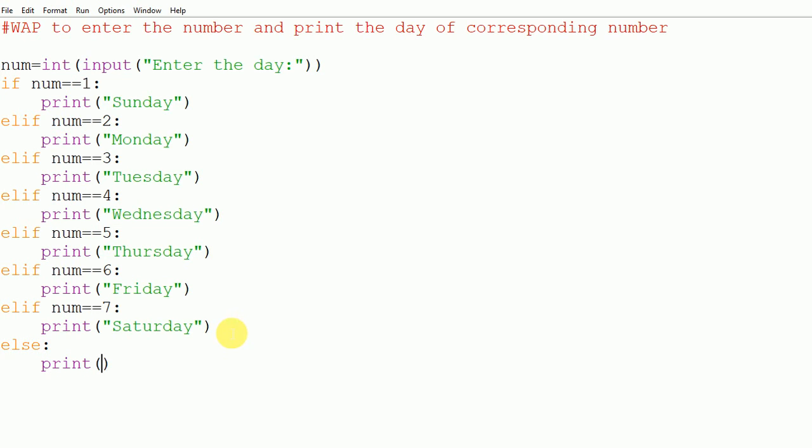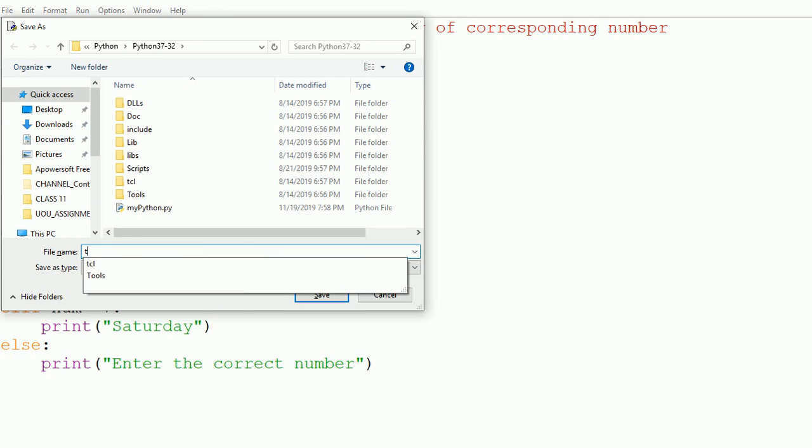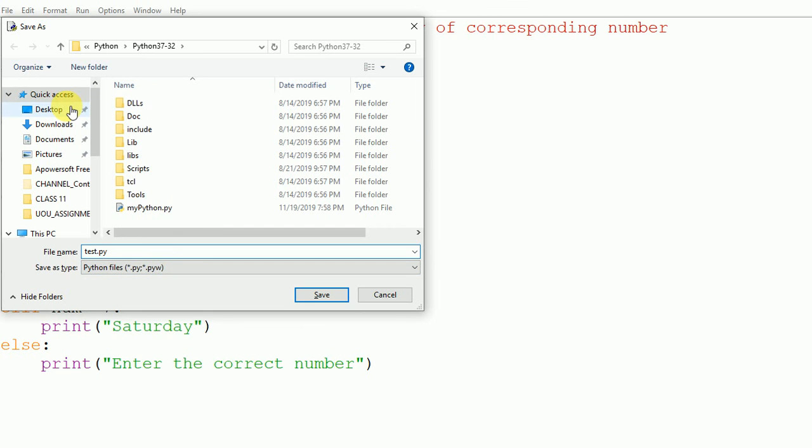आप else statement को लिख भी सकते हैं और नहीं भी. इसके अंदर आप कुछ भी मैसेज प्रिंट कर दीजिए. Enter the correct number. इस प्रोग्राम को हम सेव करेंगे. पहले सपोज मैं इस प्रोग्राम को सेव कर रहा हूँ test.py, py एक्सटेंशन से।